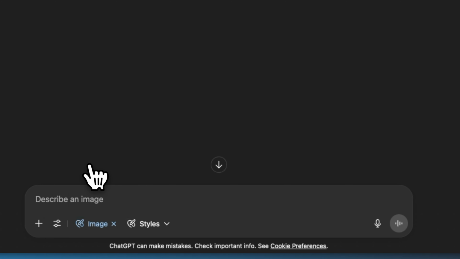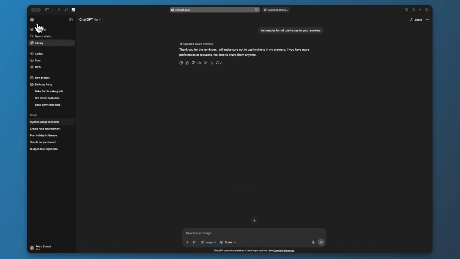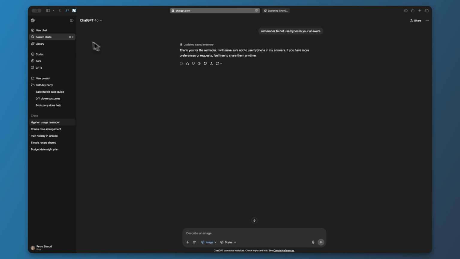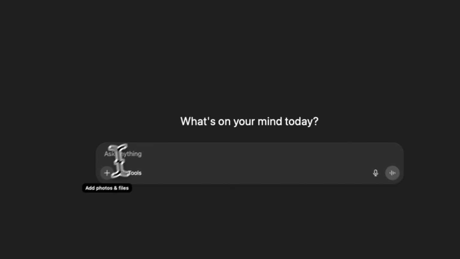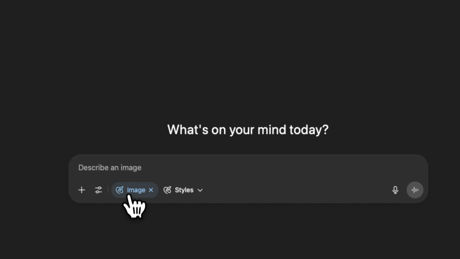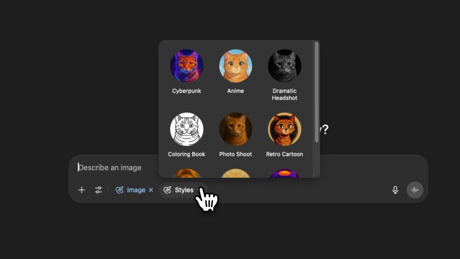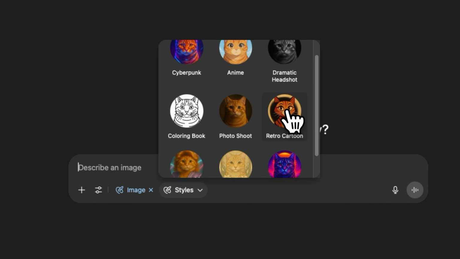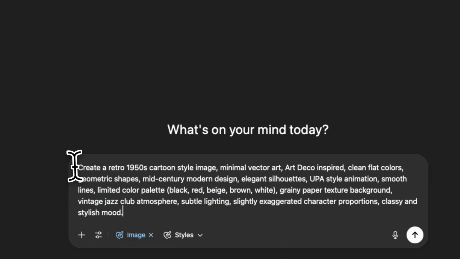Then create image. You must have heard about this. This is where you ask it to create an image. So let's leave this chat and create a new chat. And we go to tools and say create image. And there's a new little button here now where you can choose a style. So you can tell ChatGPT which style you want the photo to be. So we can say, let's choose retro cartoon. So there it gives you the prompt. So it actually teaches you also